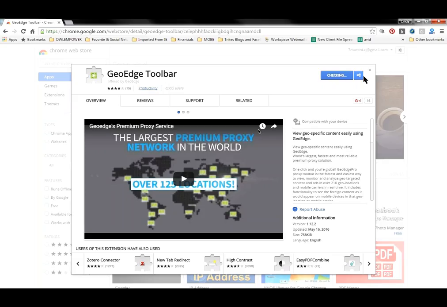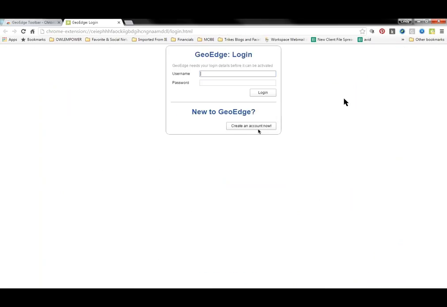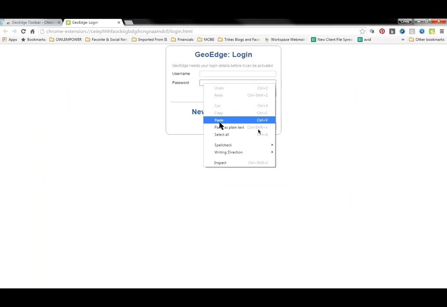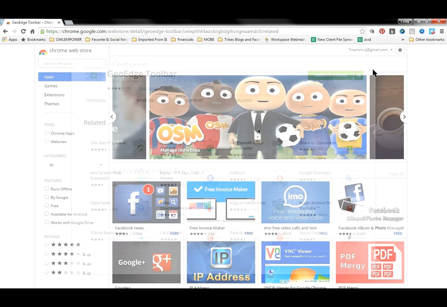Have you added any extensions before? I think so, I have once, and then I wound up uninstalling it. But all right, anyway, GeoEdge needs your login. Add to Chrome. Beautiful. All right, now it's done. So now just X out of that, and now it's up there on the top right.